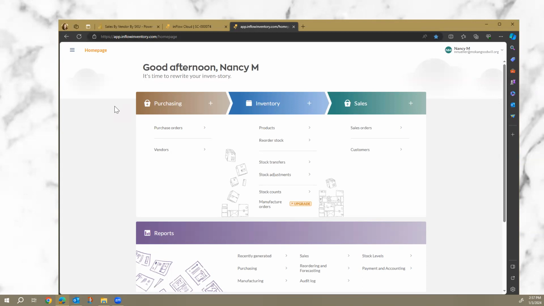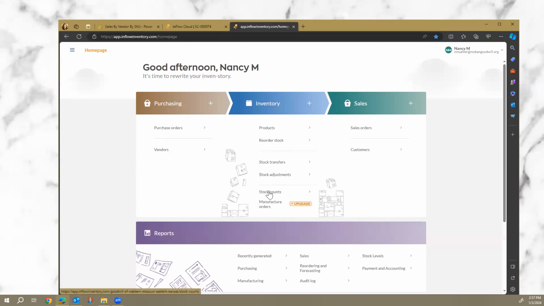So it's important to use your Microsoft Edge browser because this website does not function as well using Chrome. So you'll want to make sure that you have Microsoft Edge browser installed in your tablet to be able to access this. This is the only way that you can access doing your stock counts for your inventory at the end of every month. So you'll go to the website, and on this homepage, you'll see stock counts right here